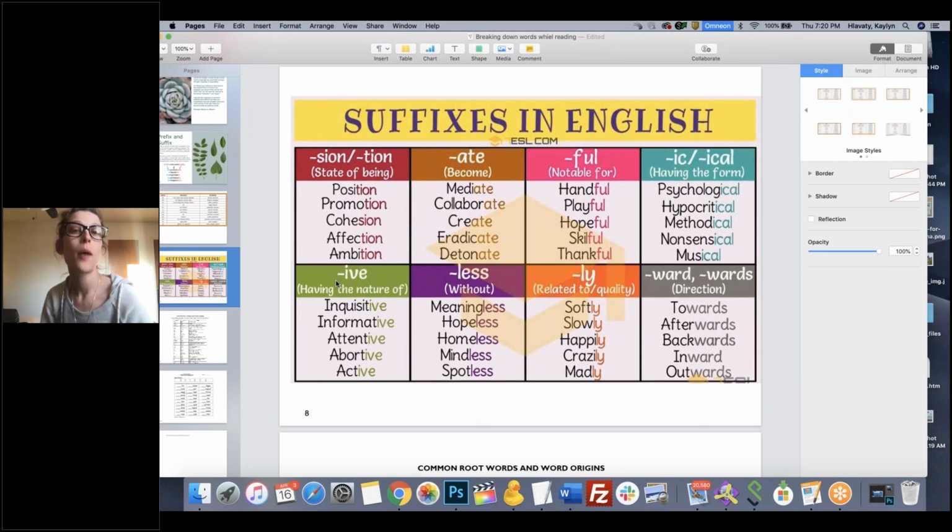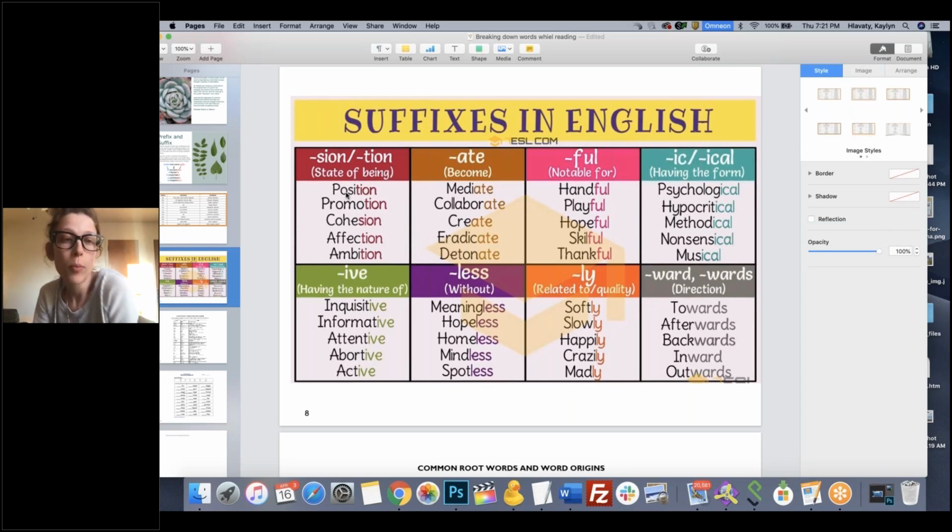So suffixes, those come at the end of the word. Here's some examples that are pretty common that I put together, so you can see how they play into the meaning of a word. Up at the top corner here, you can see the signal S-I-O-N or T-I-O-N. So it would be like the state of being. Some examples are position,